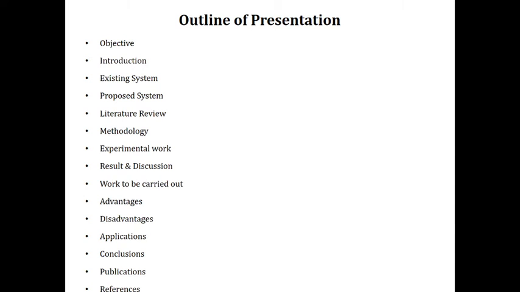Then methodology: in which way you are going to do the project, how long you are taking to complete the whole process, where you are going to buy the raw material, or where you are going to assemble it, or where you are going to test it and all. The total project flow chart you need to add here. Then experimental work: in that you can add the design diagrams or experimental work or everything. Particularly in the experimental work you need to add images in your slide.